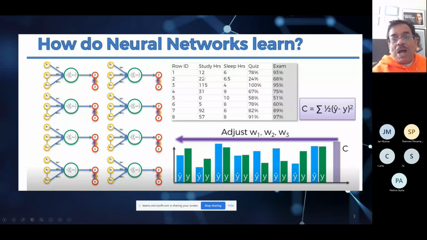So you see this row one: study 12 hours, sleep 6 hours, and then what quiz he's going to take, a 70%. This is some kind of exam score, and then 93% on the exam. And this formula is a sigma. So what happens is, okay,